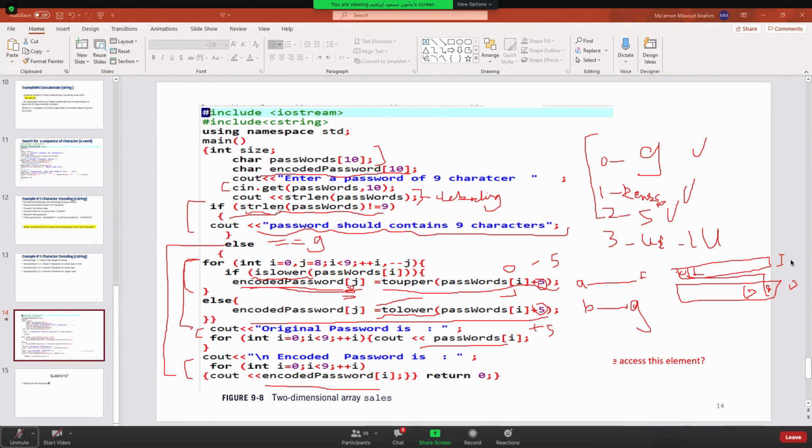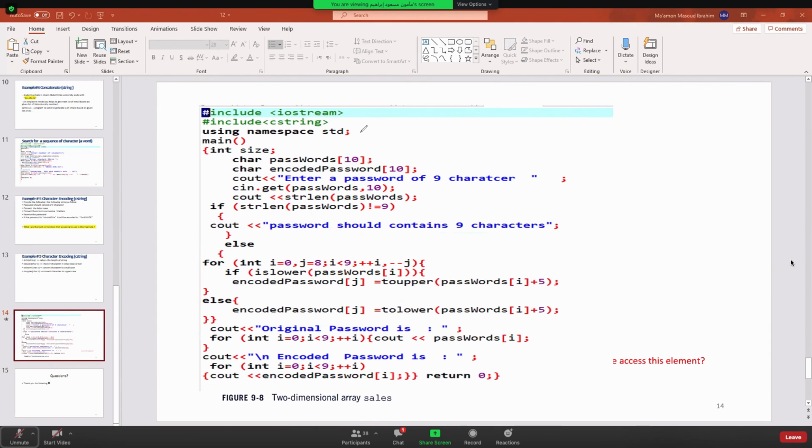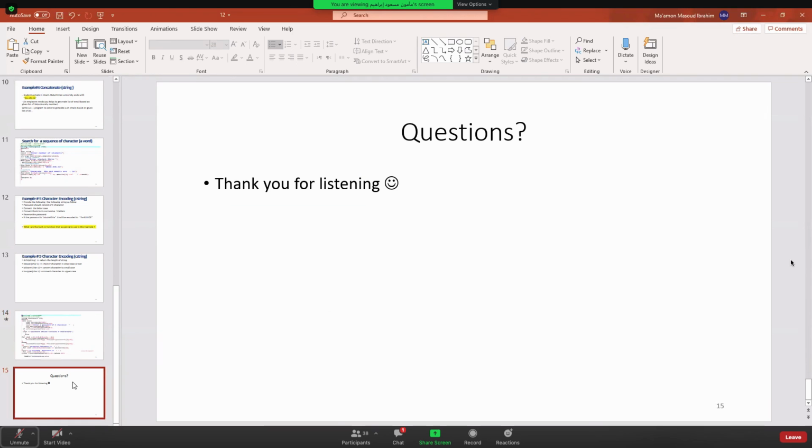I have used strlen, and islower, toupper, tolower. All of these functions, and I also use the C string. So this is our slides for today. And now, if you have any questions,